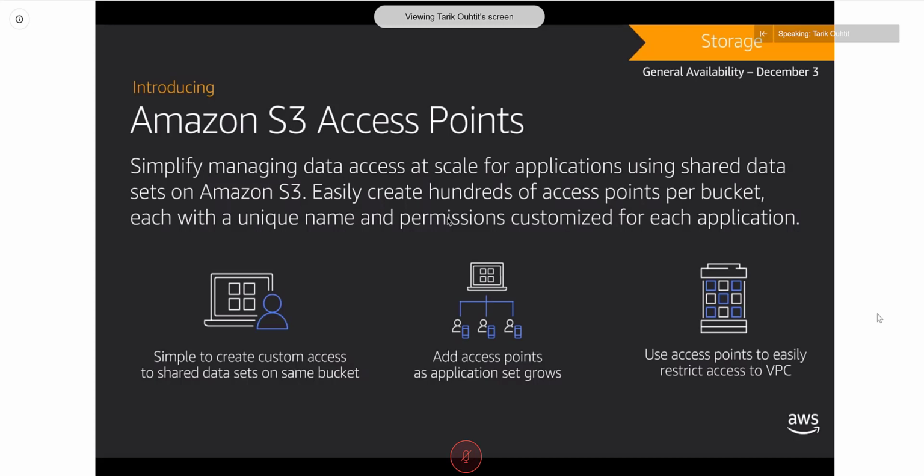And that means that if I have an S3 bucket and I have one application, I can create an S3 access point for that and direct all the traffic to that access point and put a policy on it. But I can also create a new access point for other applications or teams with different access controls. So think of this as a really nice way of scaling out access to the same data to multiple different teams or applications.